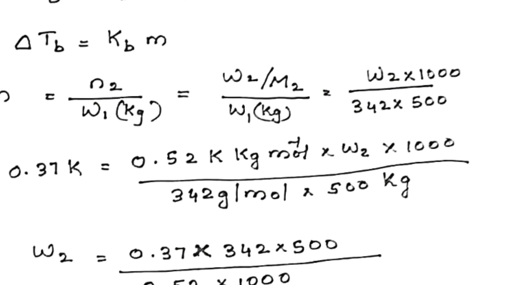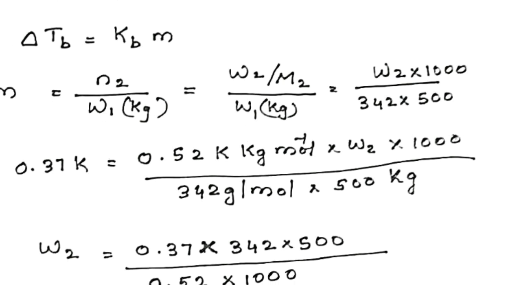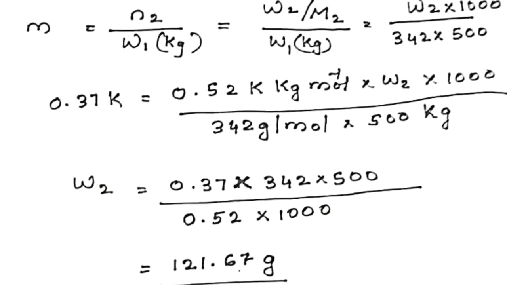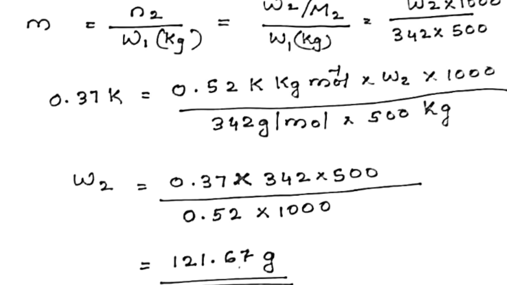So you are getting 0.52 Kelvin kilogram per mole into W2 into 1000 divided by 342 gram per mole into 500 gram. Then on rearranging that equation, you will get W2 as 0.37, cross multiplication only, 0.37 into 342 into 500 divided by 0.52 into 1000, and on calculating